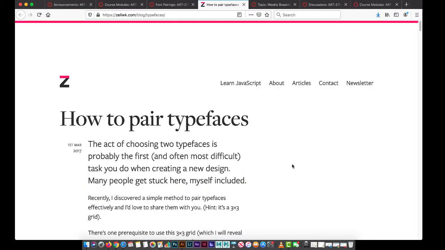So how do we pair typefaces? Let's rewind a little bit. Why do we pair typefaces? So when you're doing your research paper for your history class, you probably do it all in Arial or Times New Roman or whatever the teacher asks for, or whatever Word document is defaulted to. Right? It's just simple, straightforward, you're writing a paper. In design, we can add more dynamics, more excitement, add to the hierarchy by pairing typefaces together.